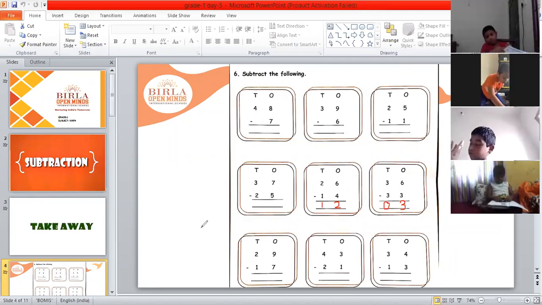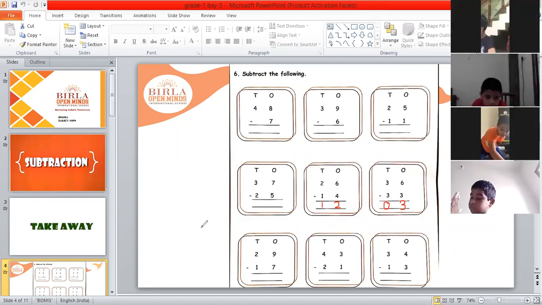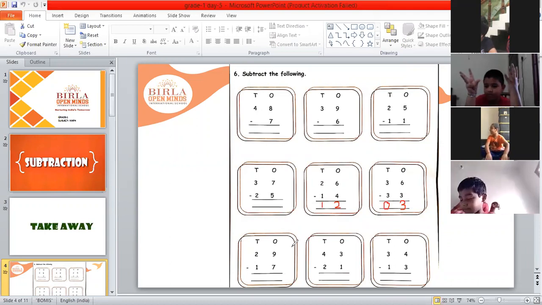Sai Joshit, you read next question. 29 minus 17. Very good. So this is 29 minus 17. So now tell me how many fingers you will take out. We'll start from ones place. 9. Yeah, show me your 9 fingers quickly. Bhavashrit, sit properly. No, these are not 9. Yeah, 9 fingers. Yeah, fine.